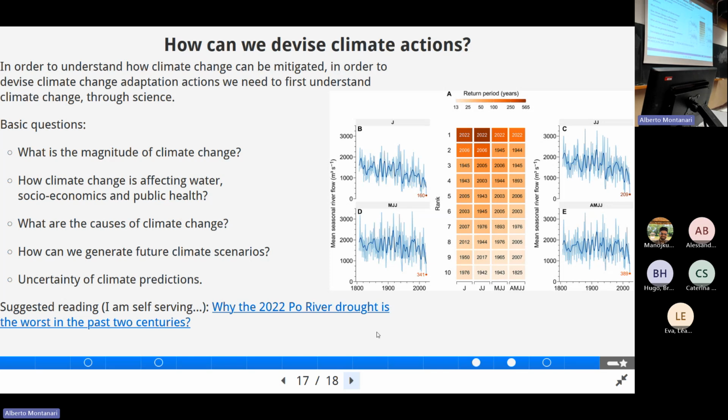So industrial use is 15%, and the civil use is about 25%. And in Italy, more or less, the percentage is the same, a little bit less for irrigation, 60%. But let's say that mid-latitude is about 70%. 70% is the global. So this means that water resources problems are water for food problems, not water for people.